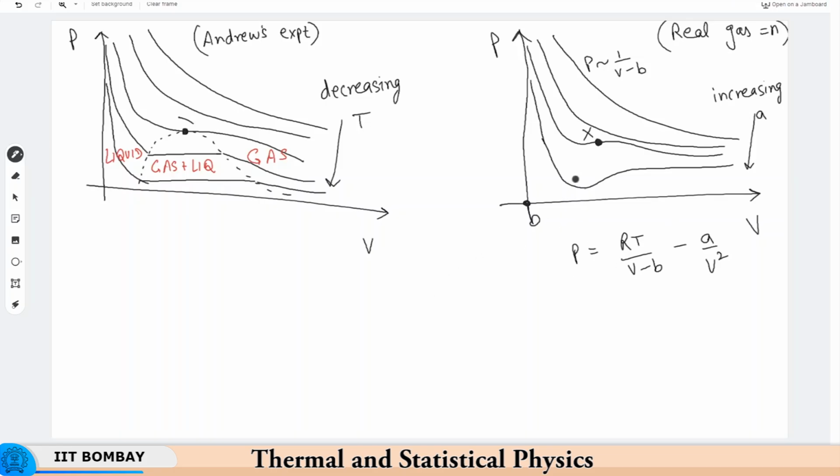Okay, so the first thing that stands out is that we do not really see any minimum here, all right? We see a flat line. On the other hand, from real gas equation, we see a very well defined minimum, all right? So what's going on? Okay, so first I would like to draw your attention to the experiments, right? So imagine when you are in a gas phase,